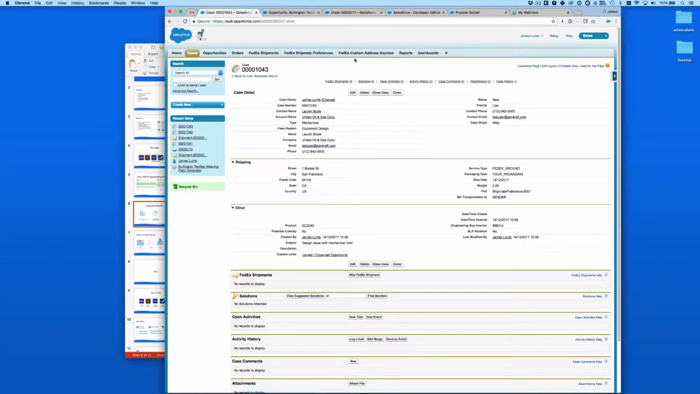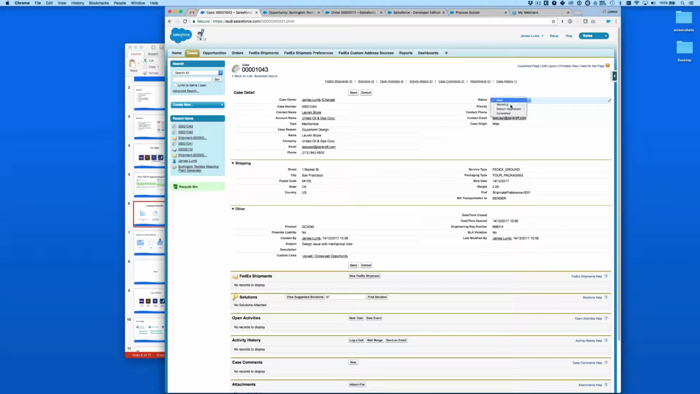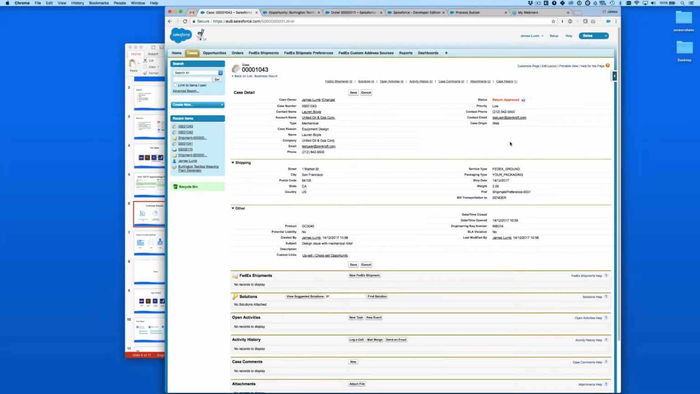So here we have a case, and on the case we have typical records, so contact name, account, reason, product data. But what we want to do in this scenario is, if the status of the case is going to change from new to return approved, we don't have to go through the shipping wizard every time. So what we're going to do is auto-generate a shipment, and after the shipment is generated, the email is going to be automatically sent to the customer. So if I just change this status now and hit save,